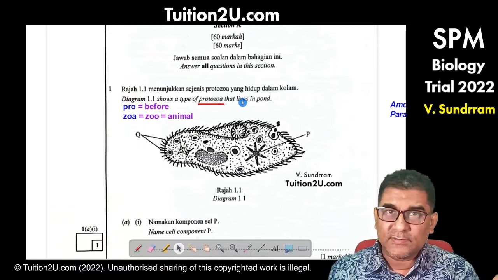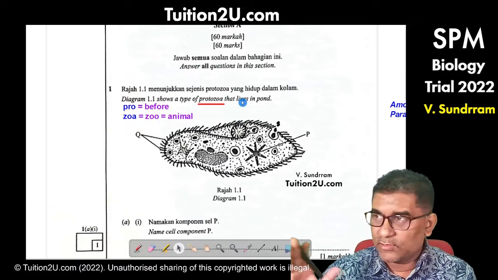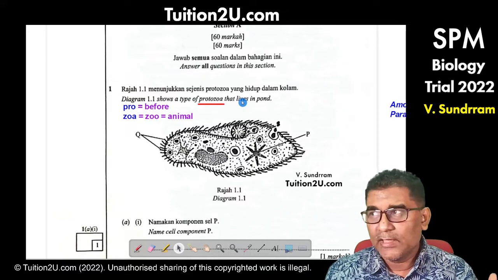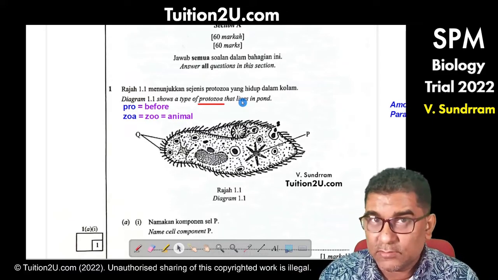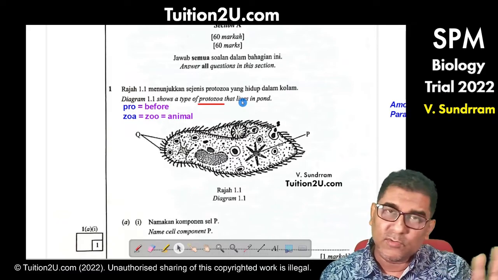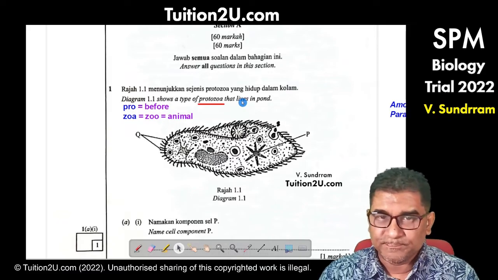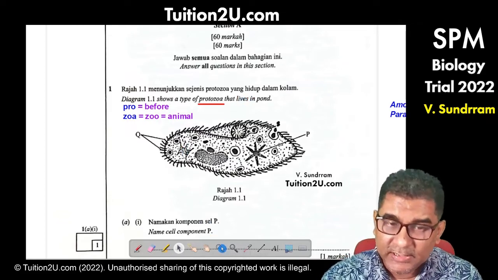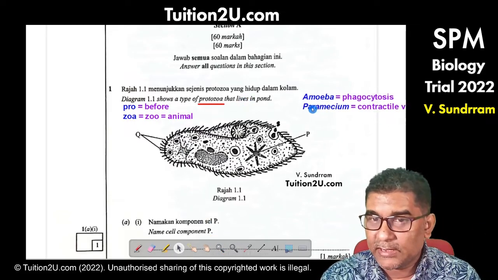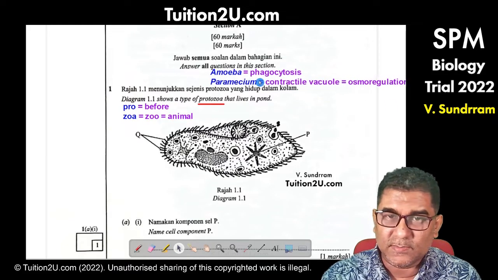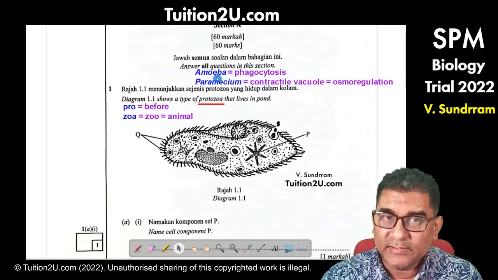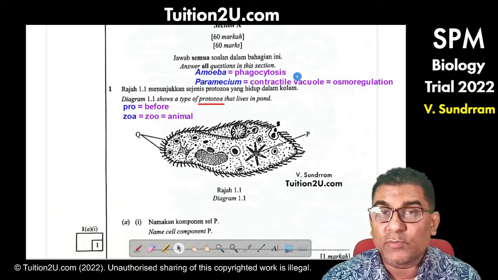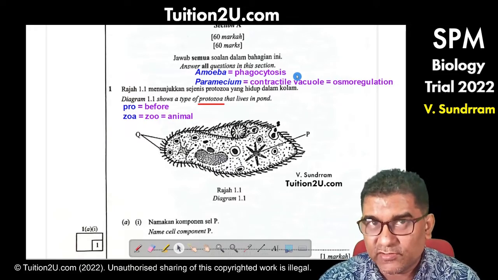But out of that 7, if you look at Amoeba or Paramecium, there are some processes that stand out, meaning most of the time if this unicellular organism comes out, most probably that is the question they're going to ask. Based on looking back at all the past year questions, if Amoeba comes out, the question will be about how they obtain food, the feeding process of Amoeba,